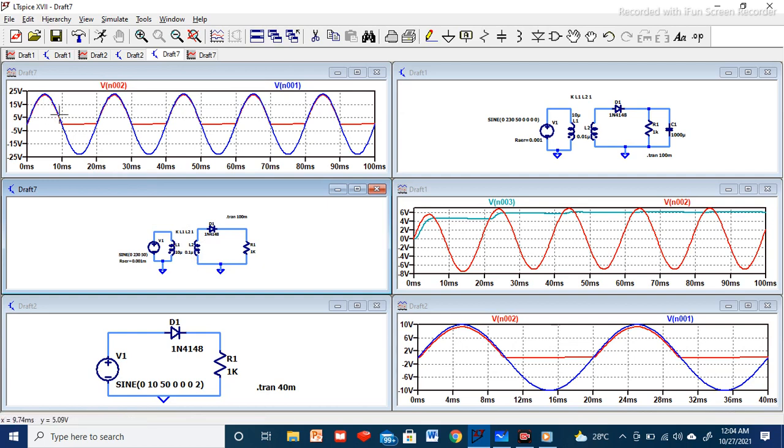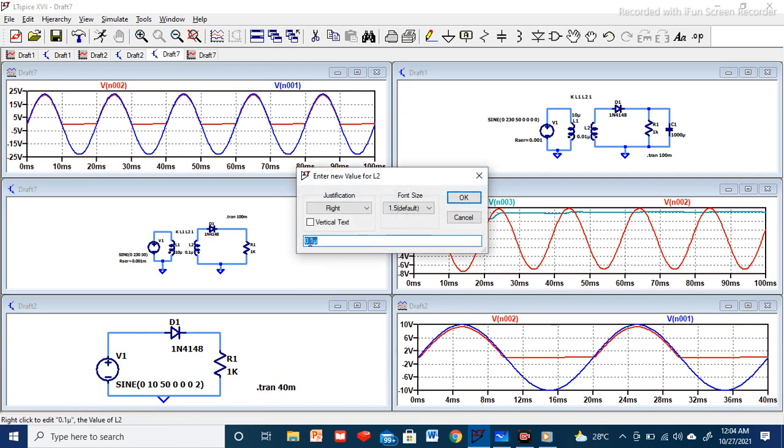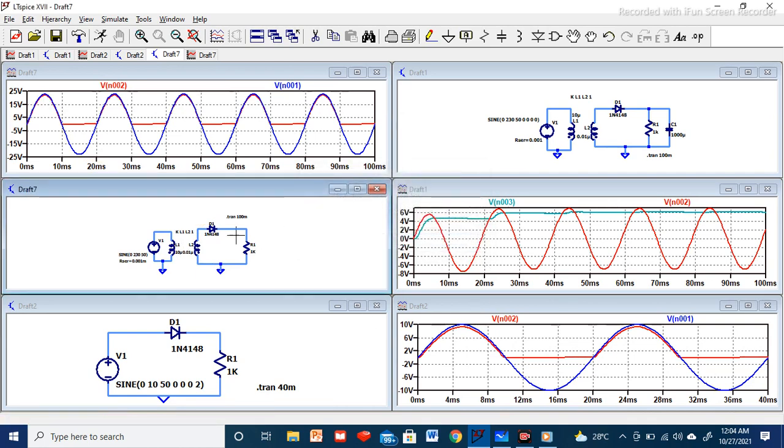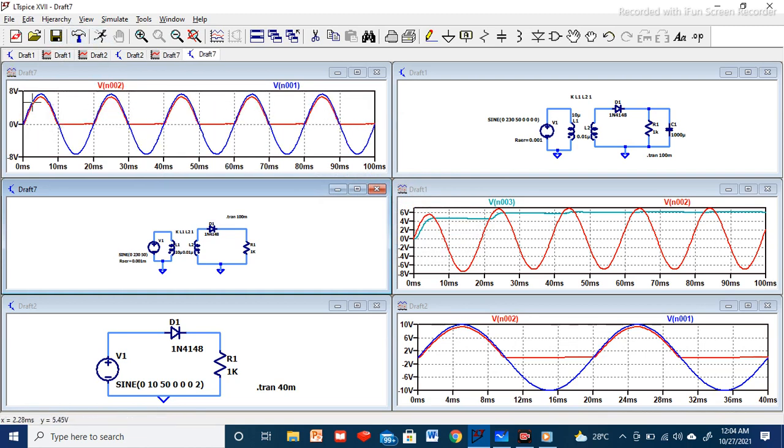Now one more thing, if you want to see the reduced voltage, right now it is approximately 24 volt. If you want to reduce the voltage across the secondary winding further, we can define this L2 a little lower value, 0.01 microhenry. Press OK and then simulate, run. Now you can see the waveform, which is approximately 7.5 volt, and as you can see, the waveforms are not exactly overlapping, red and blue one. Red one is the output waveform across the R1, and blue one is the voltage available across the secondary winding. So you can see there is a difference. That is nothing but the voltage drop across the diode, the 0.7 volt because of the silicon.